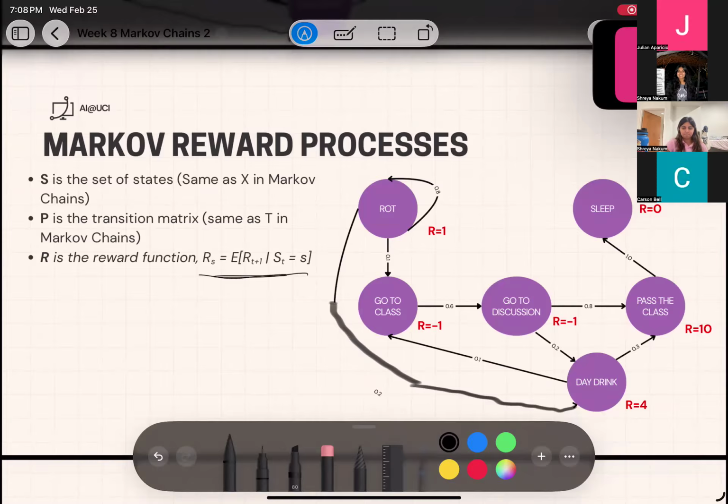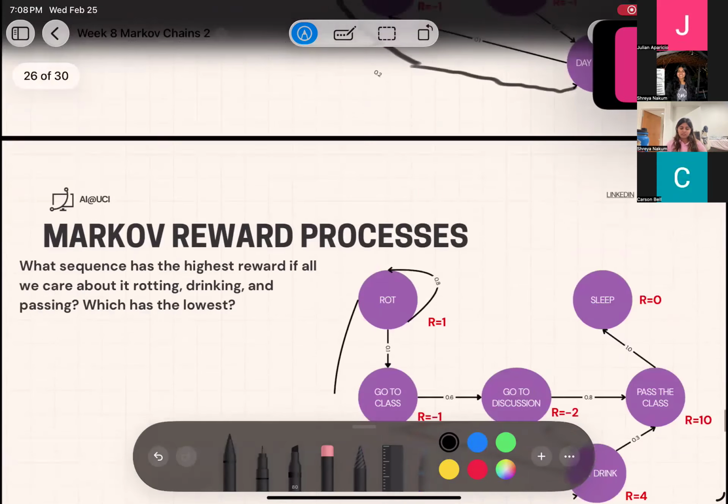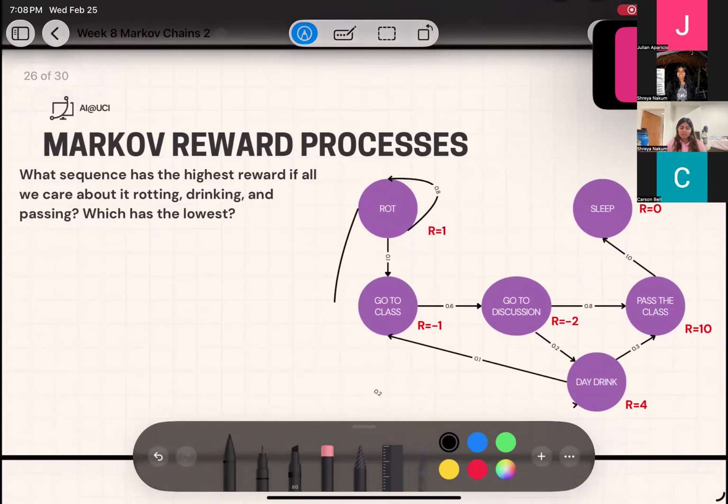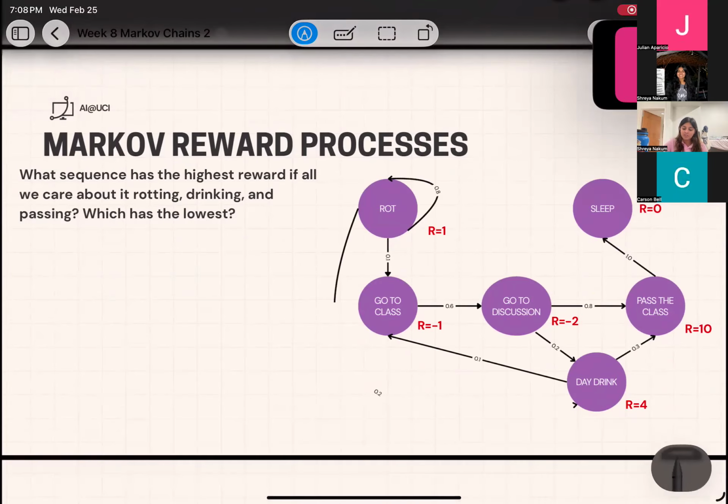So it's like, what are the different rewards you can get from this specific state? This will make more sense now. What are the different rewards attached to different sequences? That's the main thing here, because now the different sequences I take have different meanings. The different sequences aren't all equal. Different sequences I take will benefit me or harm me in terms of the amount of reward I get.